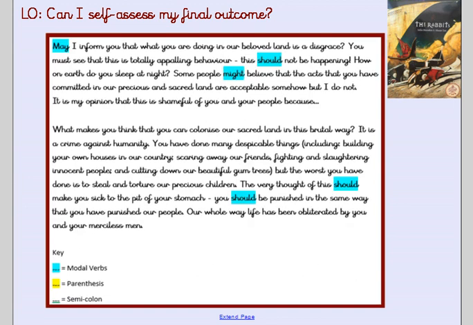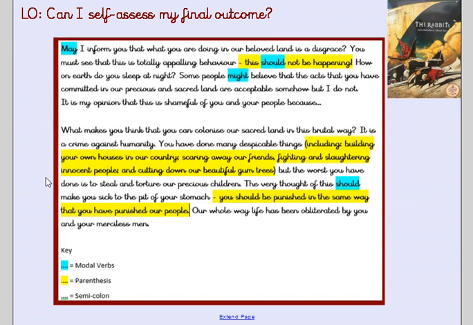So the first thing that I've looked at is my modal verbs, and as I go through my piece of work, I've seen that I've been using a selection of modal verbs, and I want to then look specifically at that. Have I used them well? Have I made it really clear what I want to come out of my letter? Have I made it clear that some of the things I don't think the rabbit should have a choice about, and I'm being really direct with them, really clear, and use the correct modal verbs? Or actually, when I'm looking at it, have I used the incorrect ones? Do I need to edit some of those? So that's one thing I want you to look at.